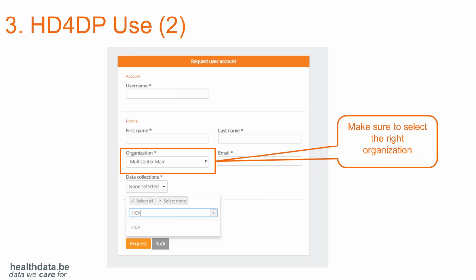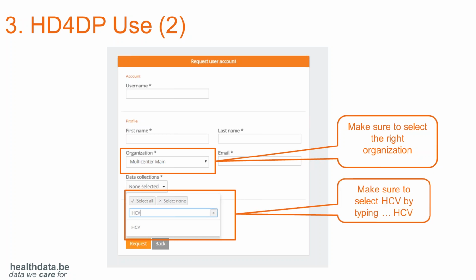Somehow you have to make sure about the naming we will use for logging, regarding whether you use your Microsoft account or not. That's really important. And then a second tip is to make sure that you select HCV just by typing HCV in the field, because the application is used for several registries, and you are actually working with only